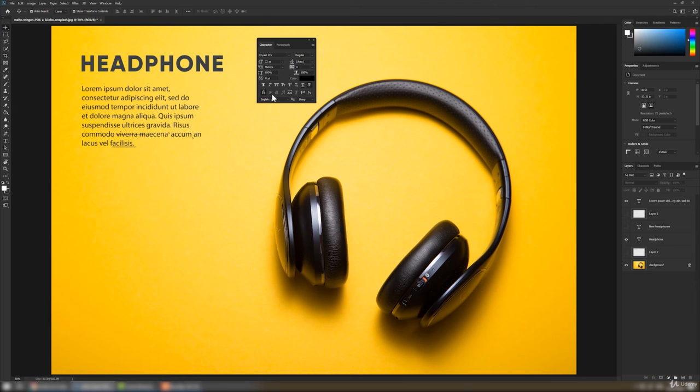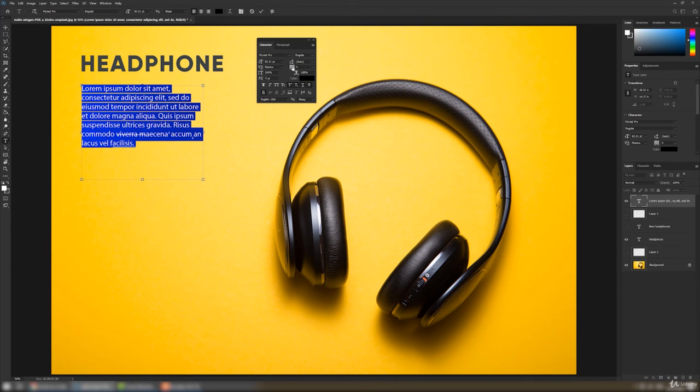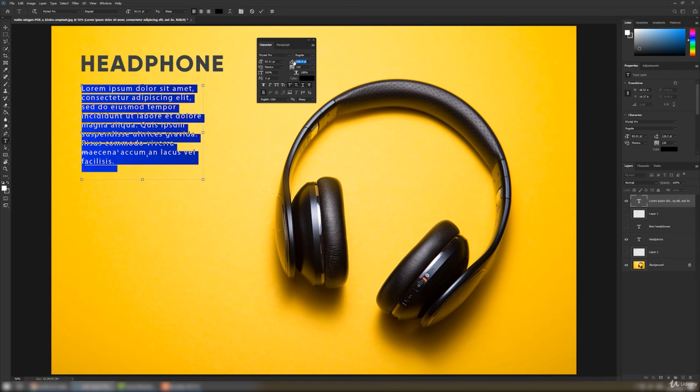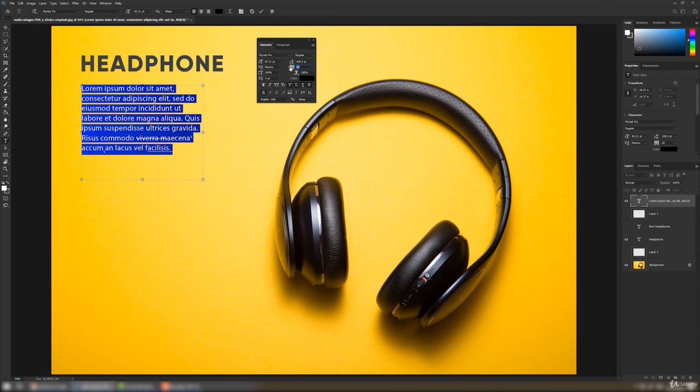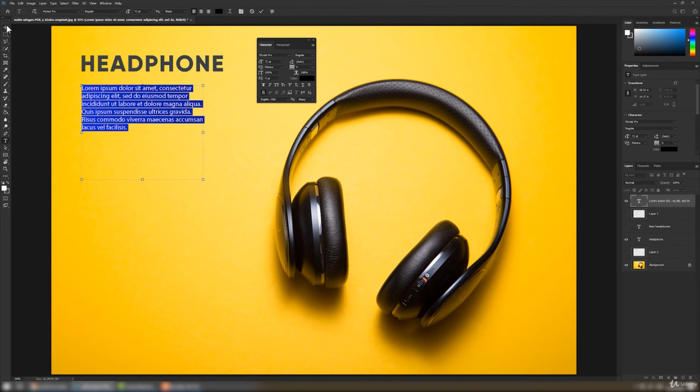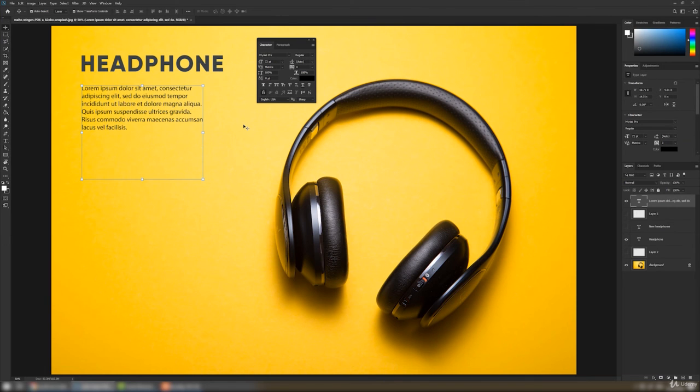Don't go into these settings. These are the advanced ones and you won't need them for now. Just stick to this setting. Just remember the character spacing and line spacing. These are the important ones. And the moment you mess up these settings, just select the text and reset your palette. So that's the basics of the text tool and how you can use your text and your paragraph.